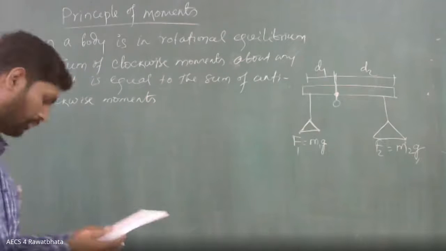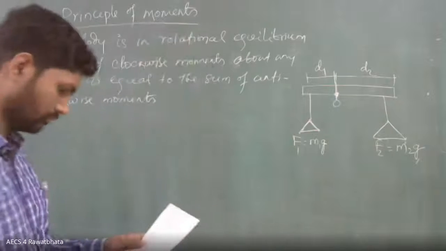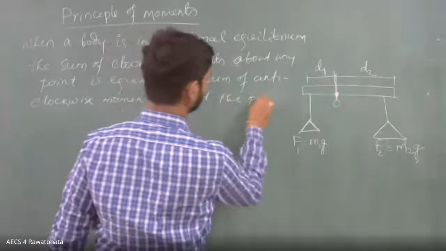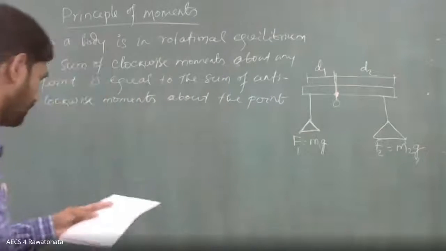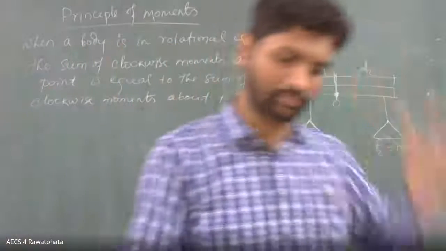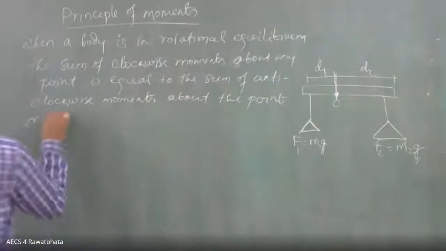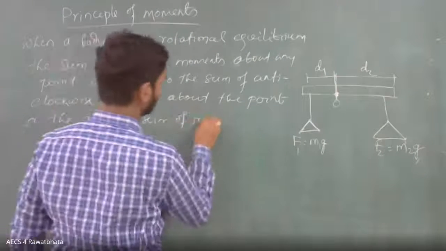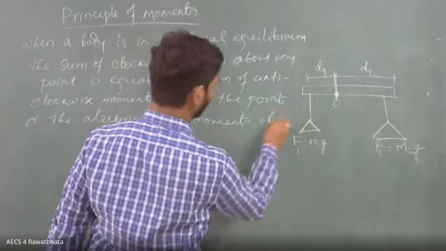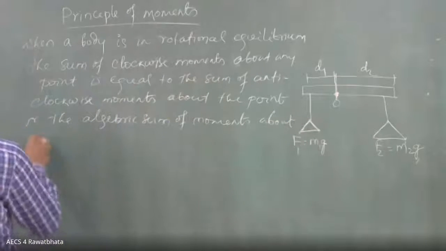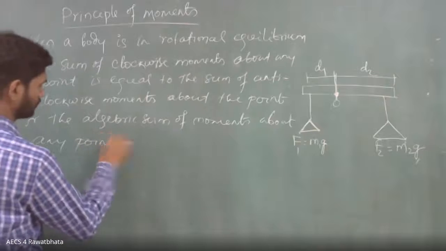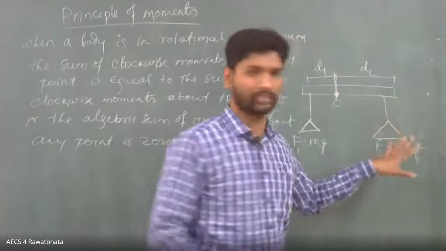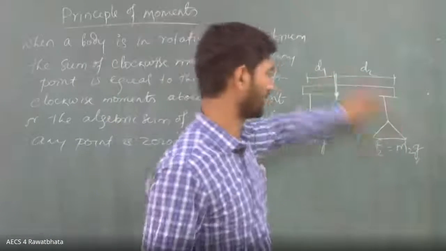Okay, about the same point only. About the point, or you can say the algebraic sum of moments about any point is 0. Okay. So if the system is in equilibrium, that means rotational equilibrium, if it is not rotating, then